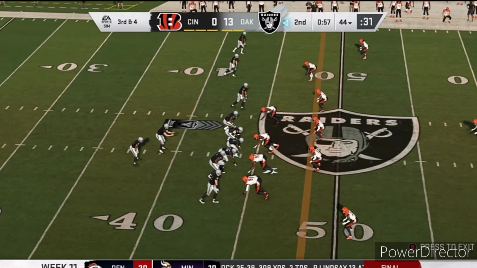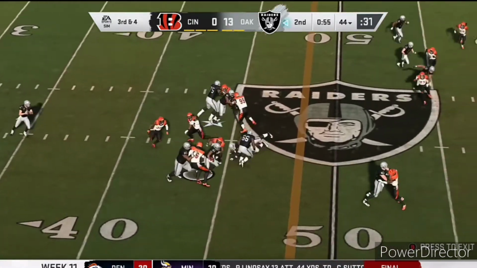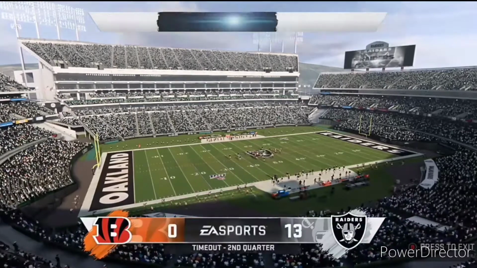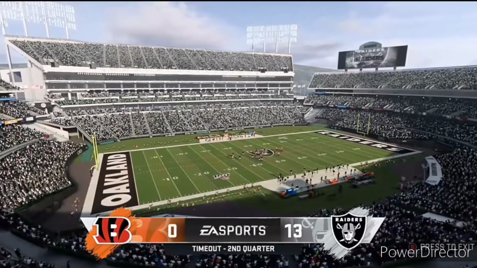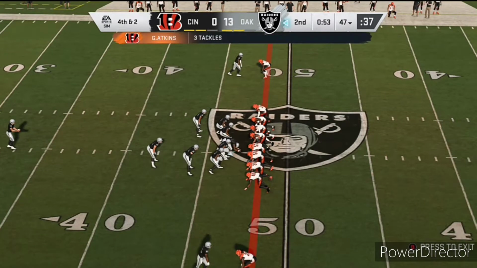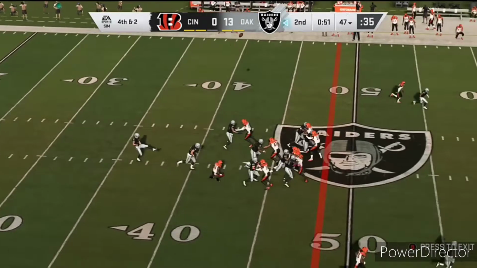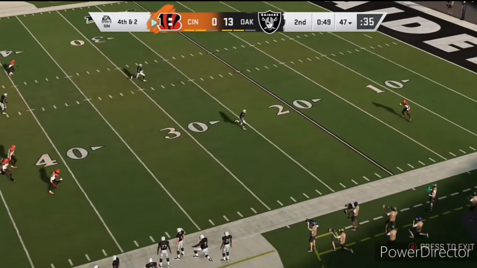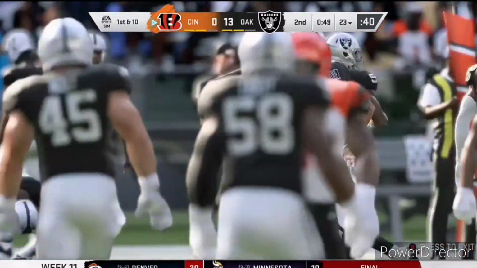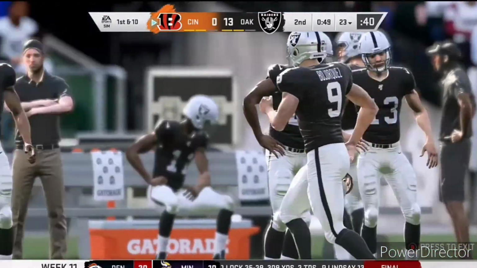Derek Carr in the gun, drops back, and he will hand it off on the draw out to Lynn Bowden, who gets his second carry, and now will bring us up to 4th and 2 for the Raiders here, as that will make it 4th and 2 at the 47-yard line. 53 seconds left in the half, as Johnny Townsend will punt it away towards the sideline, and that will be out of bounds at the 23-yard line with 49 seconds left to go,